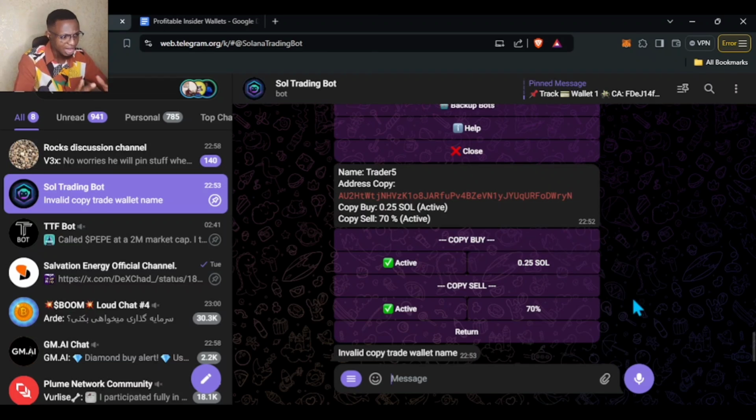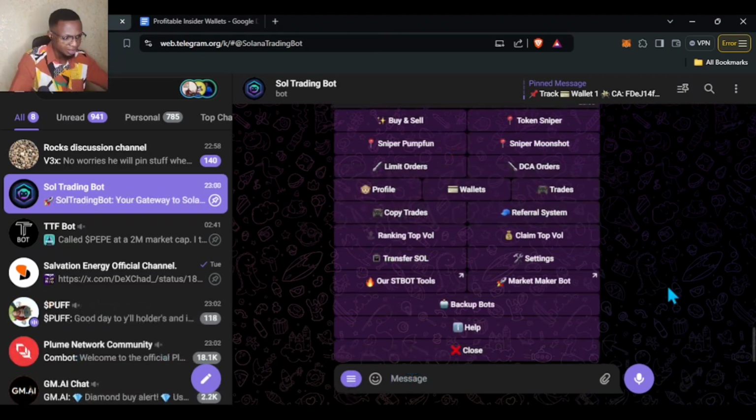If you don't have Solana in your Soul Trading bot, all you have to do is to get your personalized address, and then you send funds into your Soul Trading bot so that you can start automatically trading. But then I've given you the pros and the cons to go about it. So there's a very important settings I need to do. I'll go to settings after clicking start,